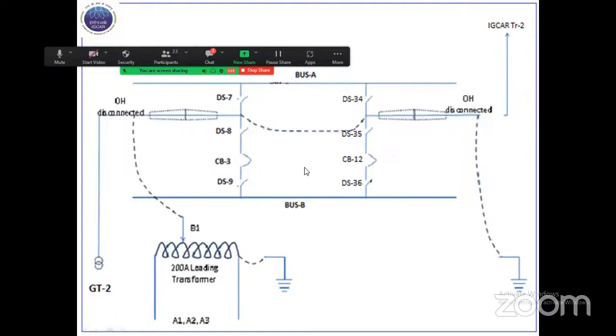test setup for testing the bus bar protection. So this is the wall bushing bus bar protection. Even though it is not part of the transformer, it is the part of the bus bar protection scheme of this 230 kV bus B. Since we have removed and replaced the bushings and bus bar protection CT, it is to be integrated again with proper testing. So in-zone and out-zone faults were created in this bus bar scheme also, and